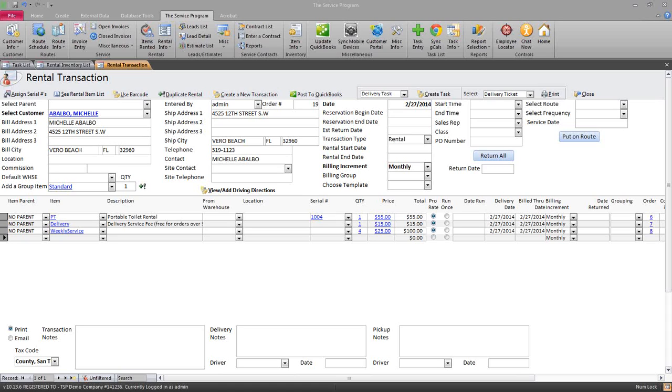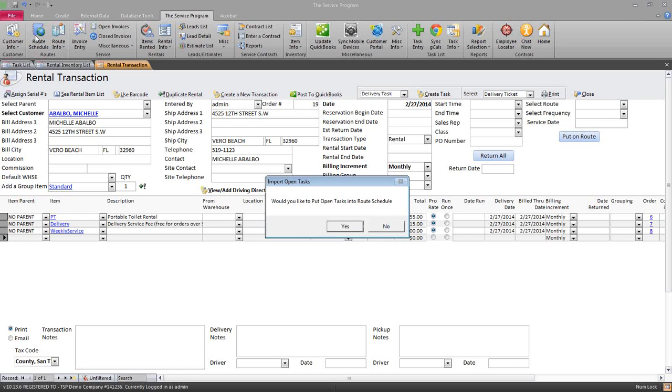And Claudia, to answer your question, if the customer does not have a set date for service and it's kind of an on-call scenario, you really don't have to put them on a route. You could just create a task every time they call in to do a weekly service. Or you could create a frequency